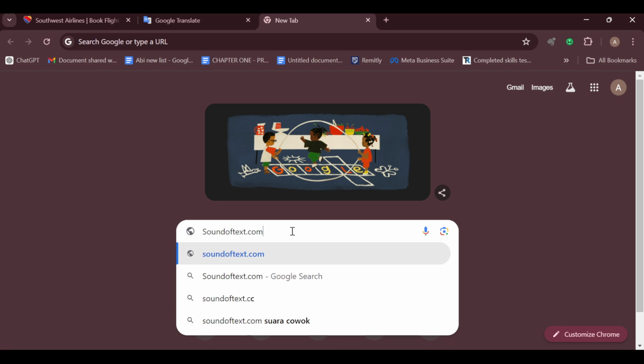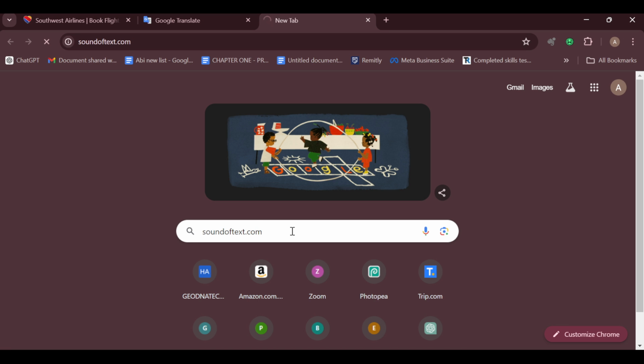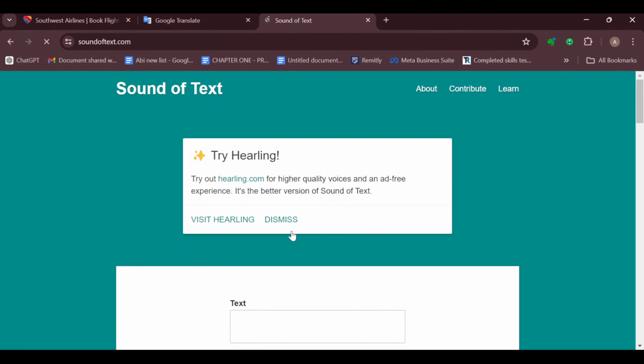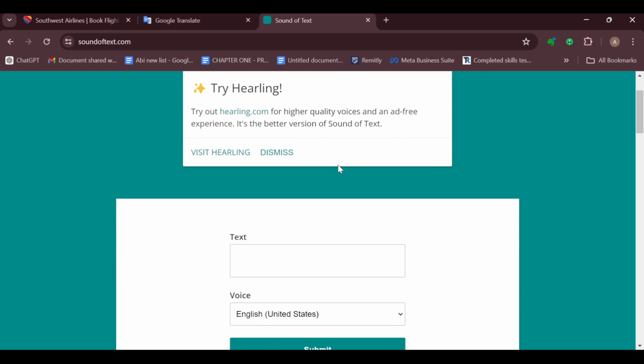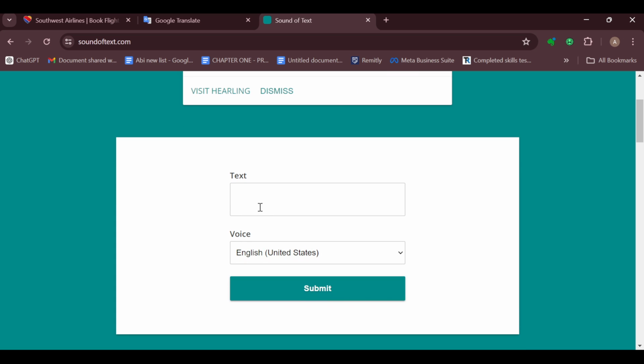soundoftext.com, and click enter. All right, and then you wait for the page to load. So once the page has loaded, you can see the name of the page, which is Sound of Text. You can see other options by the right side, which is about, contribute, learn, and then you can see try yelling and all. And so the next thing to do is to paste the text that you've copied in here